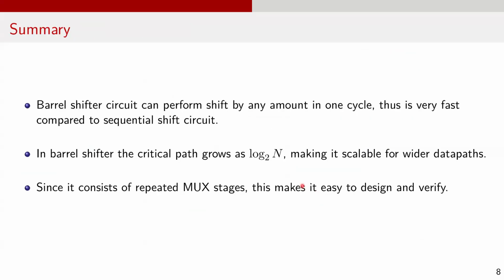Thus, we see that a barrel shifter achieves any shift amount using only log base 2 of n stages of multiplexers, where n is the data width. This logarithmic structure allows the barrel shifters to perform a variable shift operation in a single clock cycle, while keeping the logic depth relatively small. Barrel shifters consist of repeated mux stages. This makes it easy to design and verify. Designers prefer this structure because it is highly regular, synthesizes well, and it scales efficiently as the